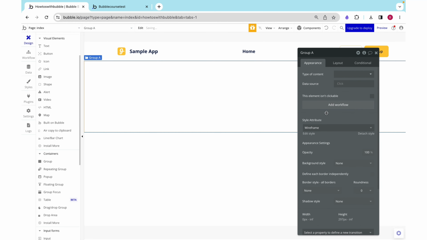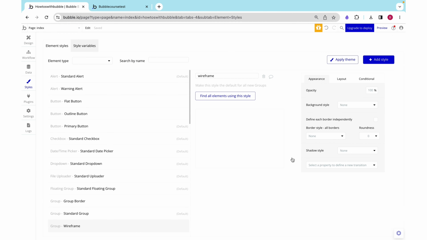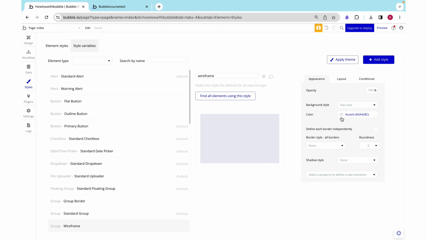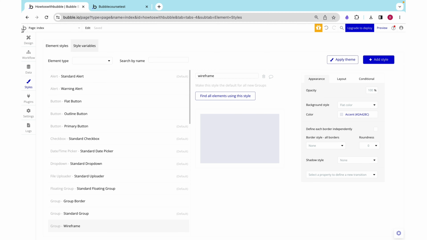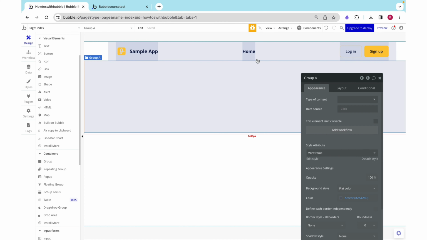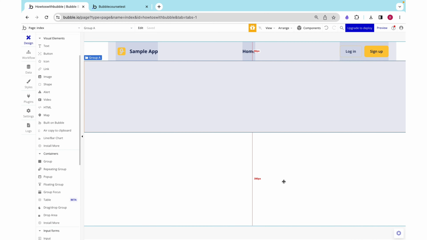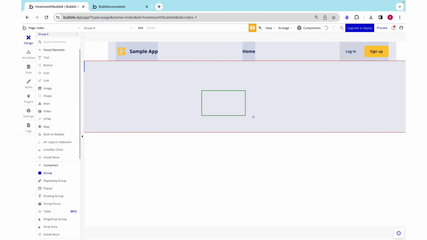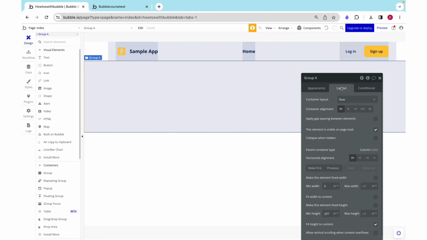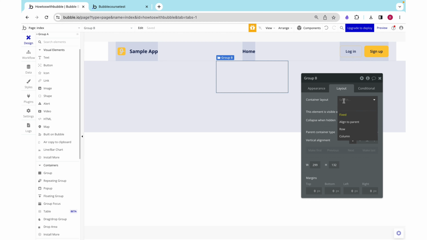I'm going to make this our wireframe. In case you remember, what we need to do is give it a flat color background of any color and then 10% opacity. Now we can see that, and since I use the wireframe on the header too, we see that reflected, and it's really easy to see when we keep stacking groups, which is what we're going to do here. In the middle of this group, so I'm going to make this group center aligned,